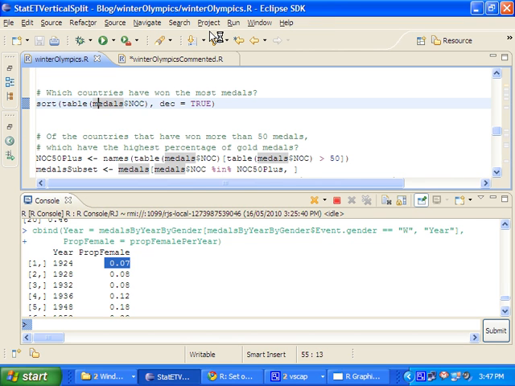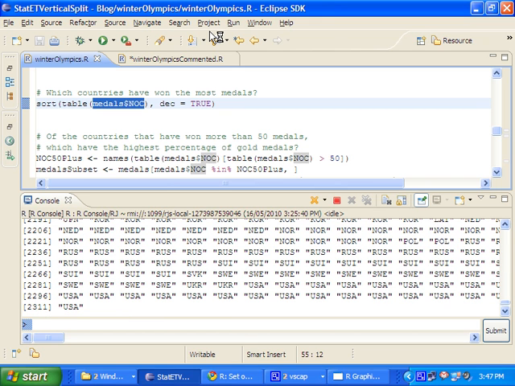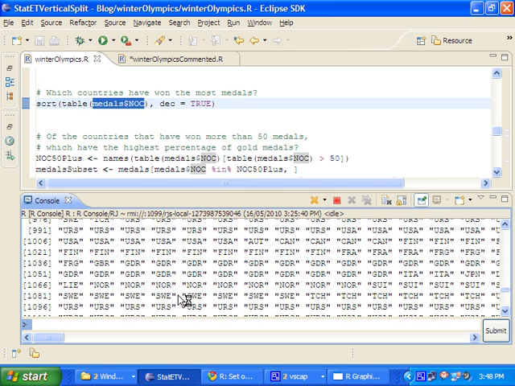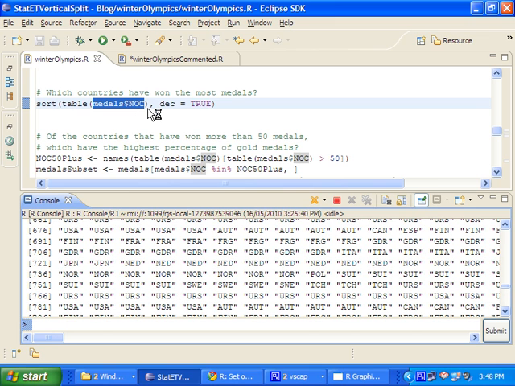Okay. Perhaps another interesting question we could explore is which countries have won the most medals? And so how might we do that? Well, we have this medals NOC variable, and you can see the raw data, their three-letter country codes, and so we could produce a table